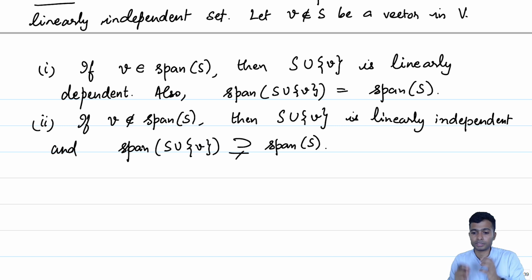So, a basis in some sense is that optimal set which is linearly independent and at the same time a spanning set. You remove one of the vectors, the spanning property is lost. If you add one, the linear independence is lost. So, the statement 1 is quite deep in that aspect.